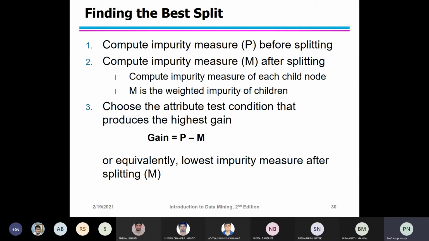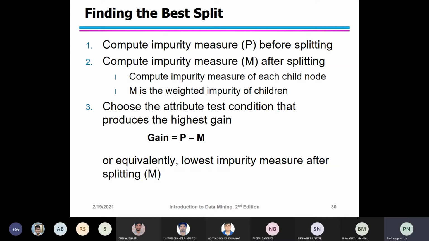Now compute the impurity measures. Now how do you compute M? That I'll tell you. Compare the impurity measure of each child node, because if you have k child nodes you have to compute for all of them, and then compute the impurity measure over all the descendant nodes. So that is called the weighted impurity of the children. Now choose the attribute test condition that produces the highest gain.